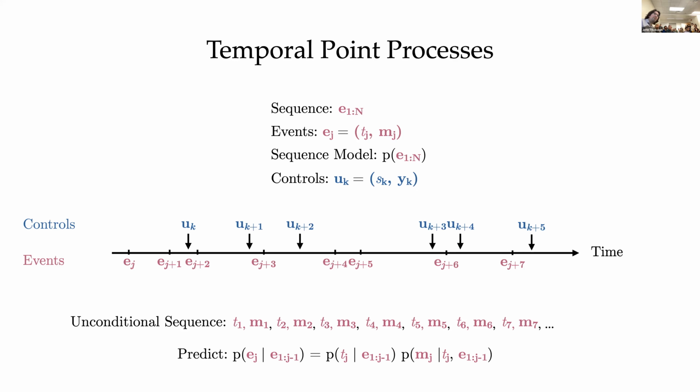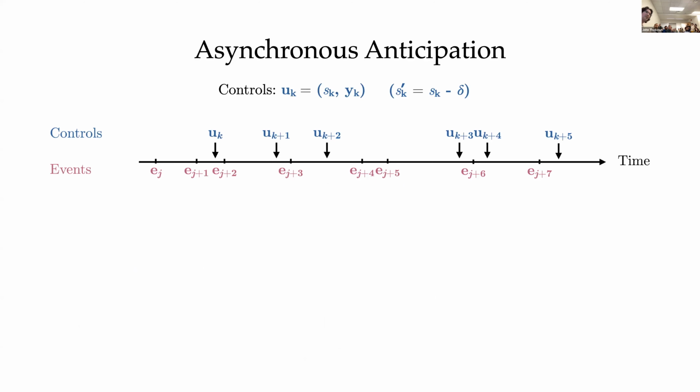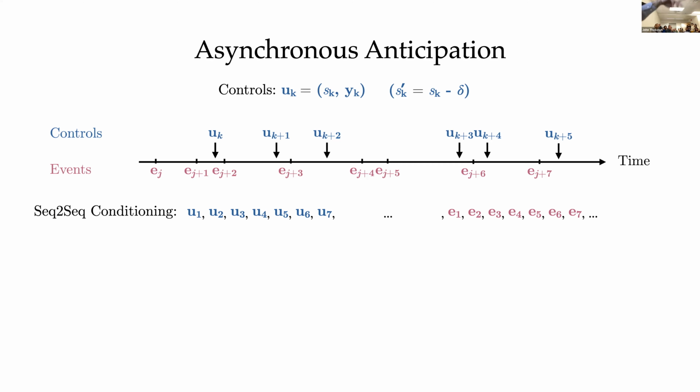Right. But now things get a little more complicated, because now I don't have these nicely paired-off notes in the melody and the accompaniment. So how do I set this up? I want to do this anticipation thing, but now I have this time variable to worry about. The first thing to note is that I could always do this sequence-to-sequence thing. This will work if I'm willing to accept that I have to look way back deep into history to look at the controls that might be relevant.